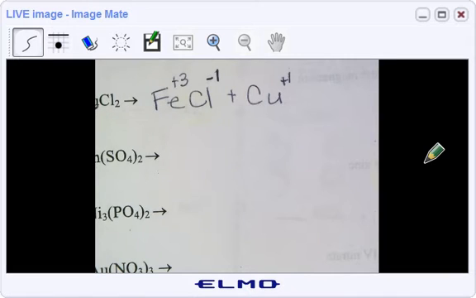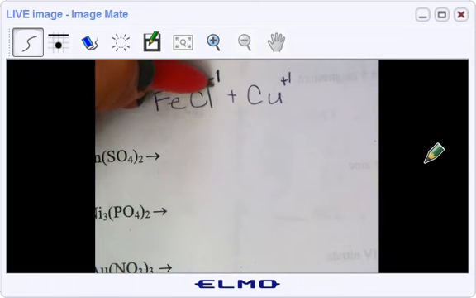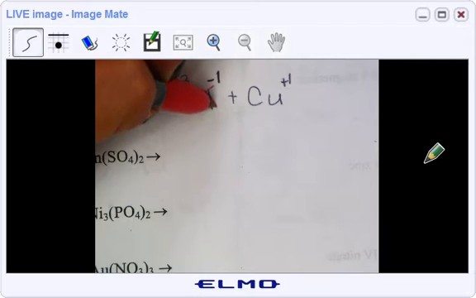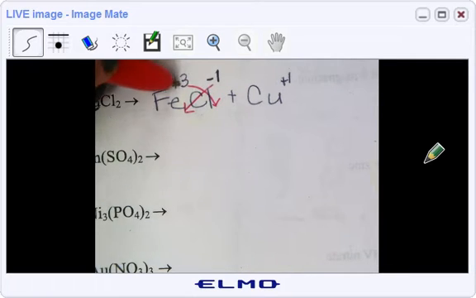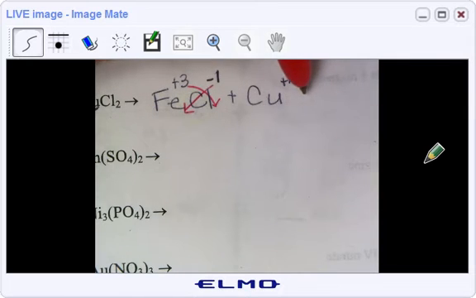Now we're going to butterfly. If you don't remember this, then it's time to just practice. That's the only way you're going to get better. Okay, so the 3 is going down to the Cl's. So when it's all said and done, and I rewrite this, it's actually going to be